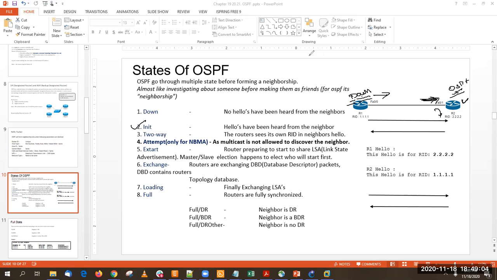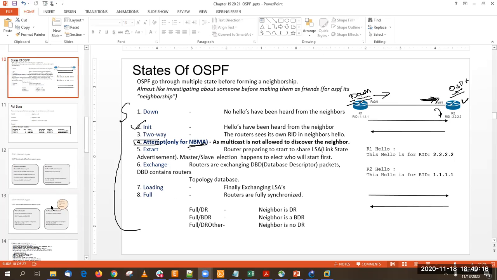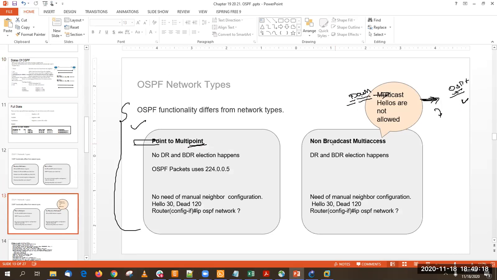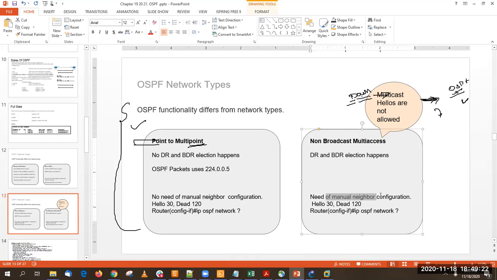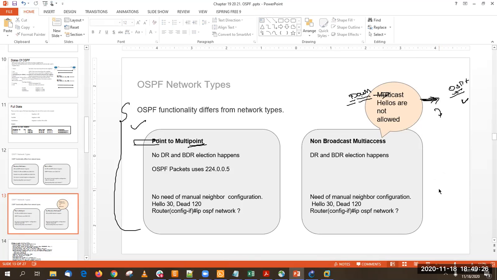Okay, fine. These are the 8 states of OSPF, out of which one state is for only NBMA network. Now, what is NBMA network? We discussed about this yesterday. We discussed about NBMA network, where I told we have to manually configure the neighbors. So when I say you have to manually configure the neighbor, which means